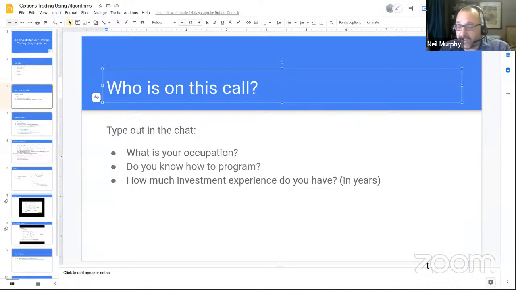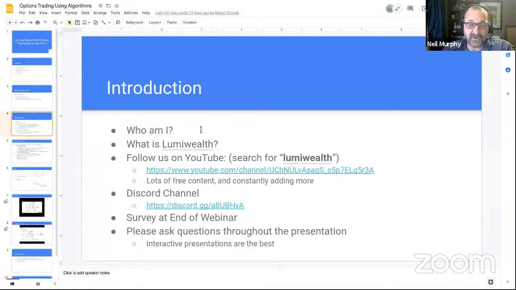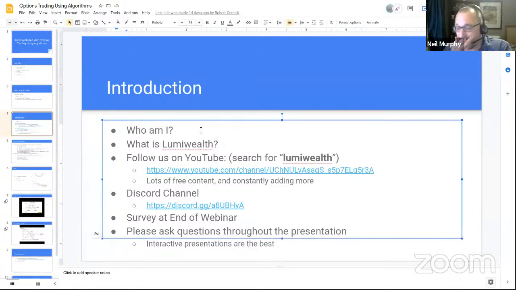So okay, cool. We got to know a couple of you and introduced ourselves, and we're going to go through a little bit of what we're doing and how it might be able to help you out. It looks like Robert and I have sort of the flip side of things. It looks like here you two almost have the flip side as well. One's more coder and one's more trader. So I already introduced myself. Robert, do you want to go in more detail about Lumiwealth since you're here on the call?